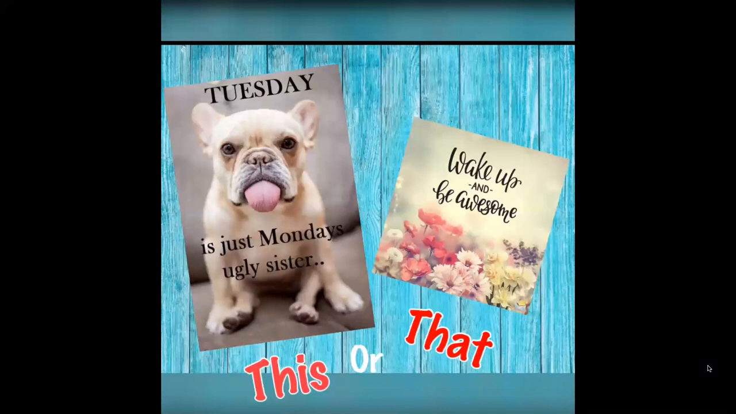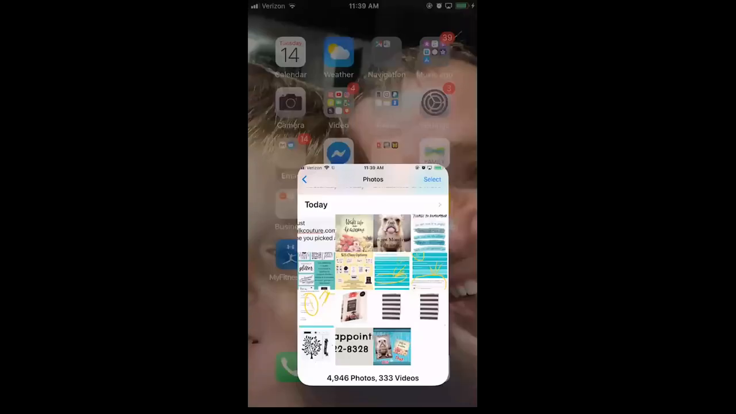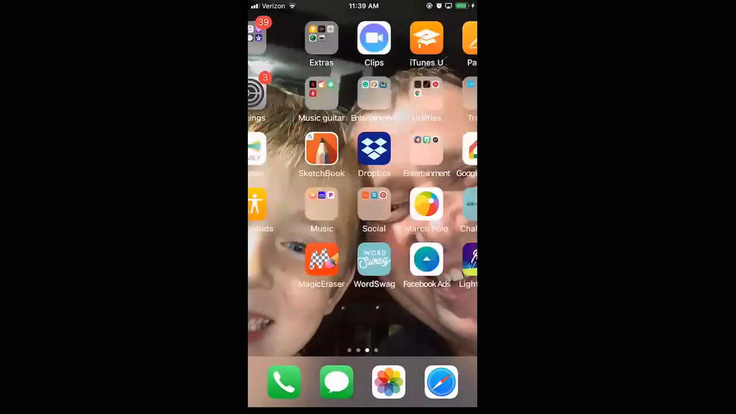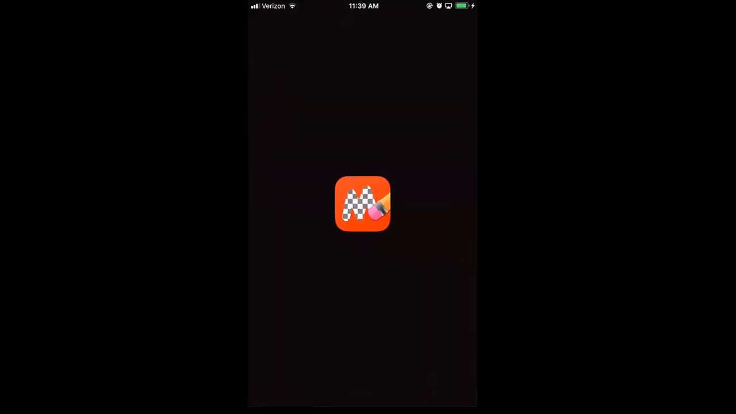How simple is that? Okay, so another thing I wanted to show you is how I make my make and take flyers. An app that you might want to get is Magic Eraser. It does cost a little bit of money, but it's for the year, and so it's definitely worth it. So you grab your Magic Eraser,